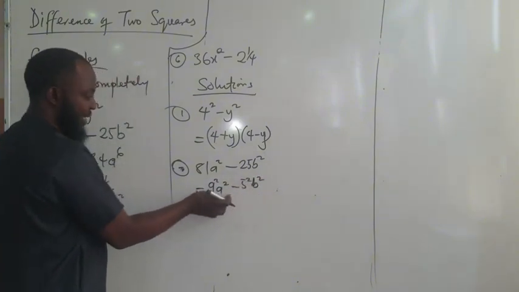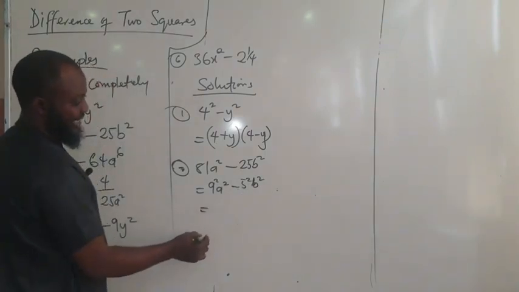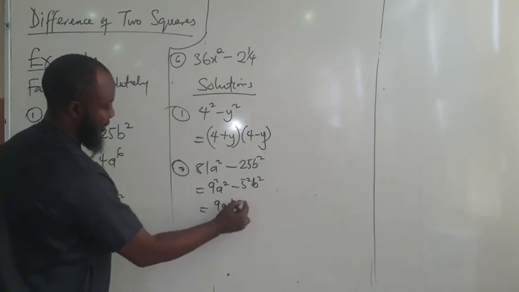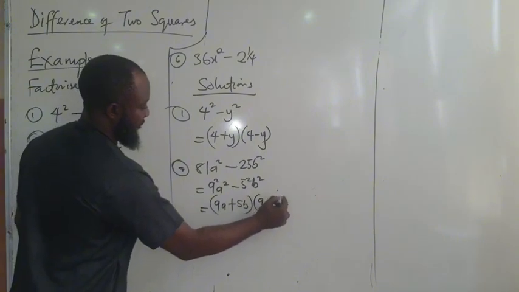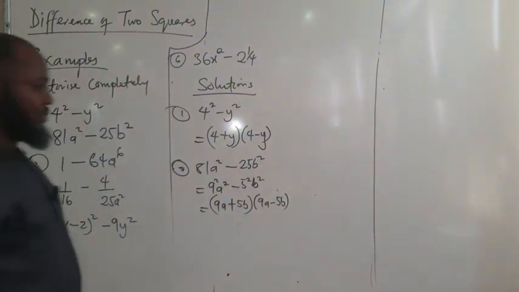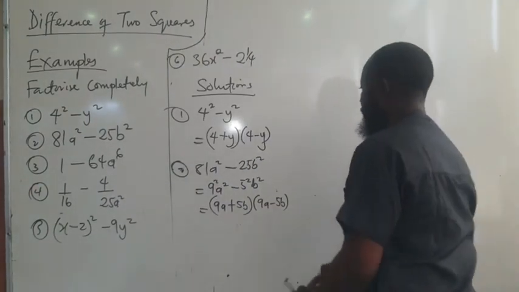You can see that this is the first square, this is the second square. So if you want to find the final answer, it will be 9a plus 5b, then 9a minus 5b. Straightforward. Very simple. Then the third one we have here,